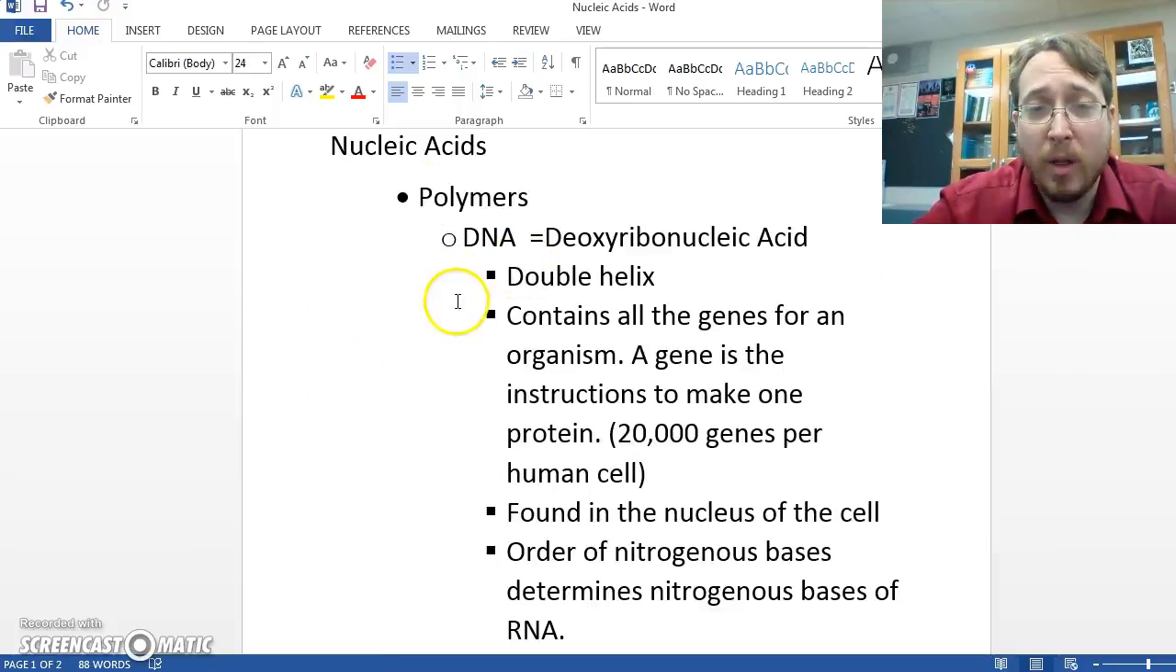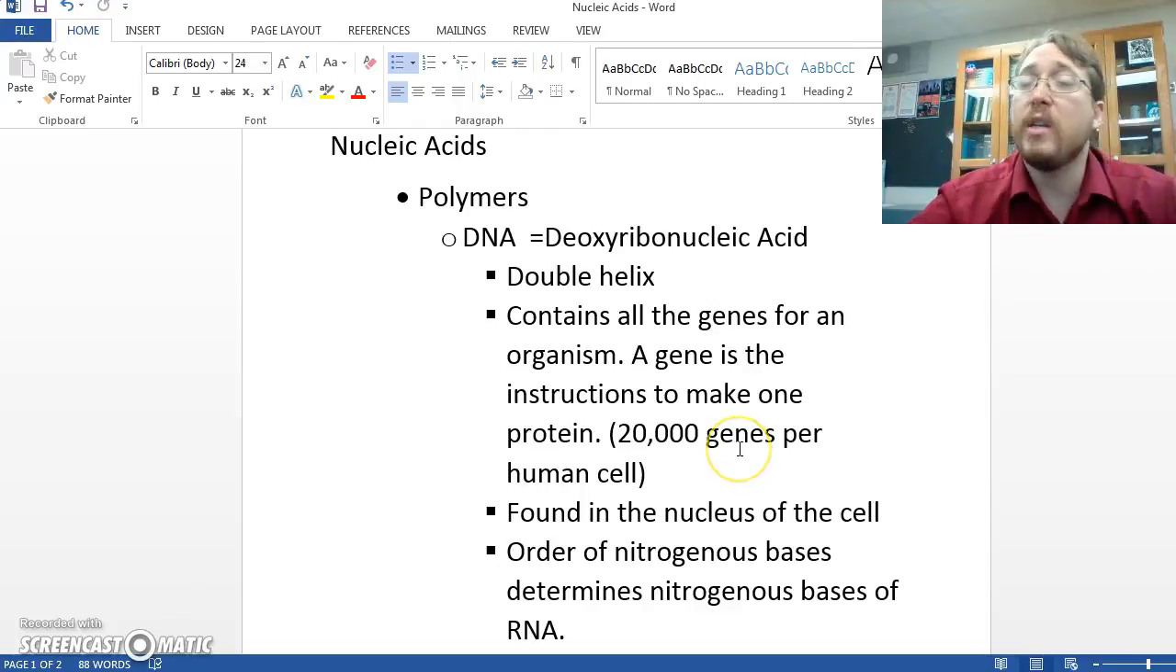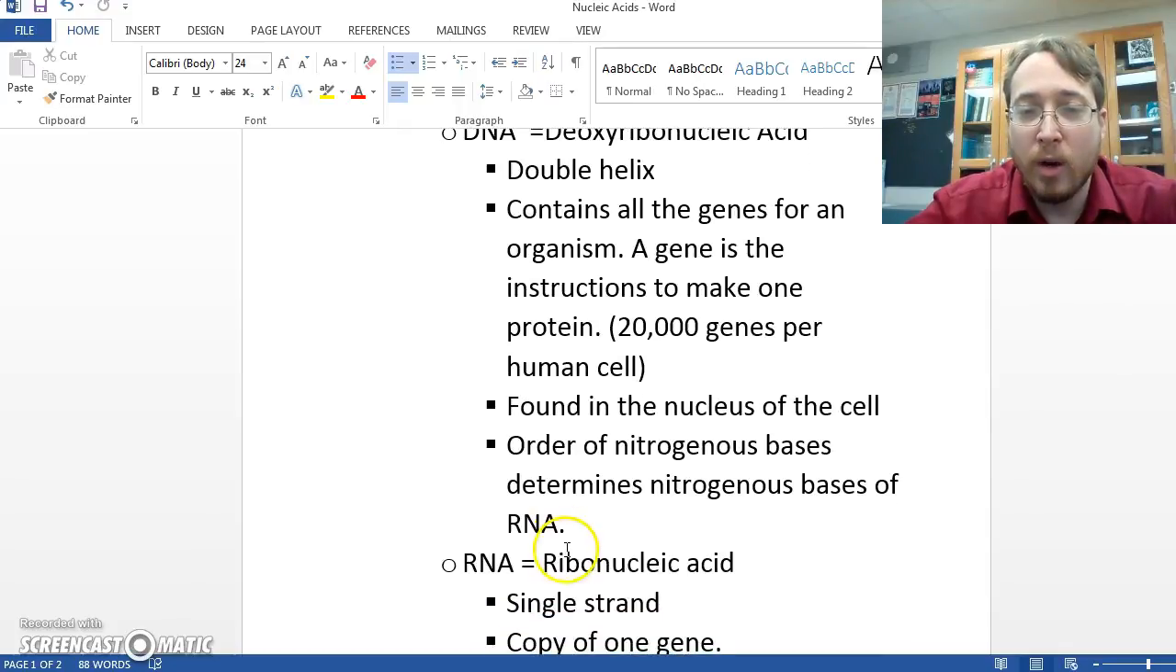The polymers of nucleic acids are DNA and RNA. DNA is deoxyribonucleic acid. It has a double helix shape. It contains all of the genes for an organism, and a gene is the instruction to make one protein. And human cells have 20,000 genes per human cell, and all of those cells have the same genes as each other. And DNA is found in the nucleus, and the order of nitrogenous bases in DNA determines the nitrogenous bases